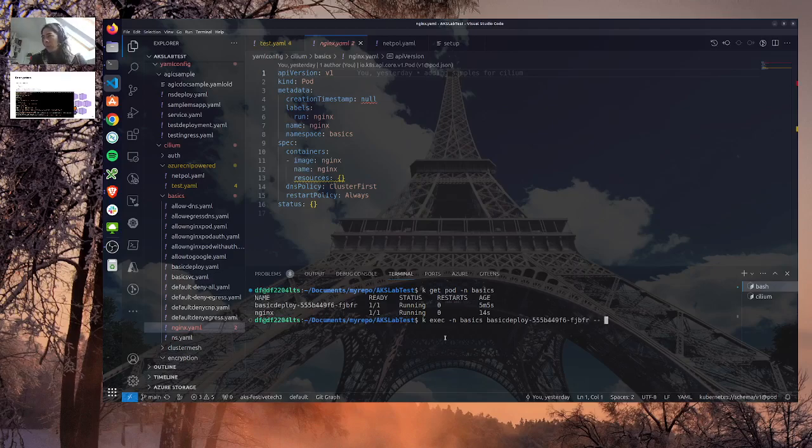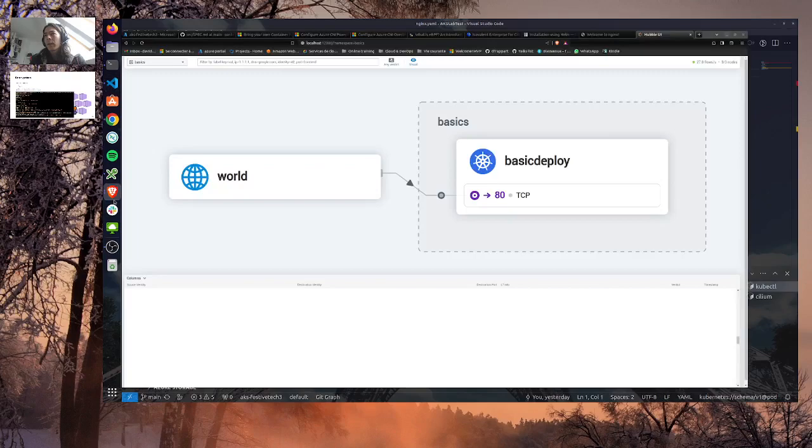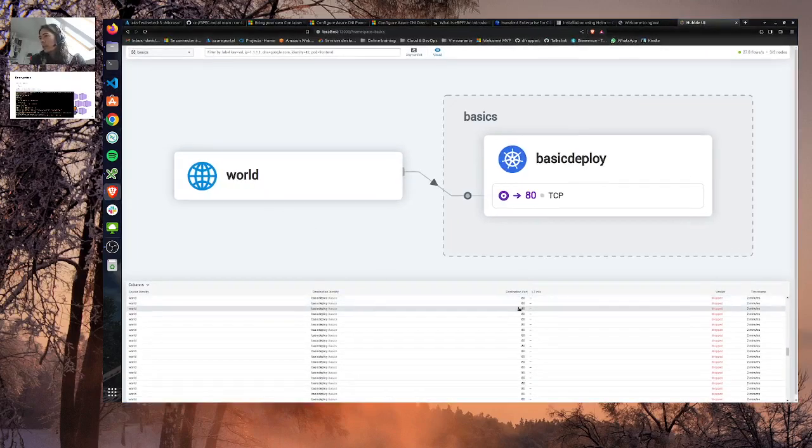And I will do a curl, and it should not work because I denied all the traffic, right? Can I check that again maybe on the UI over there? I can see any verdict dropped.